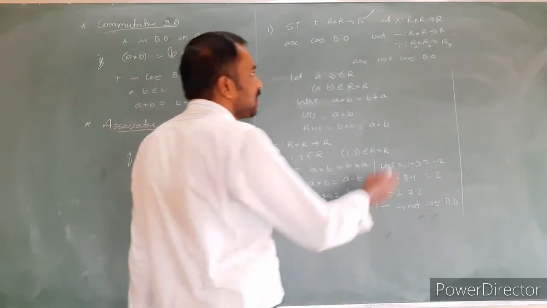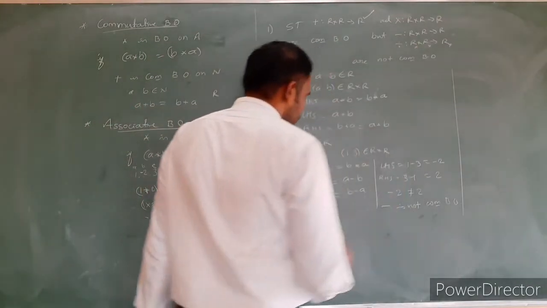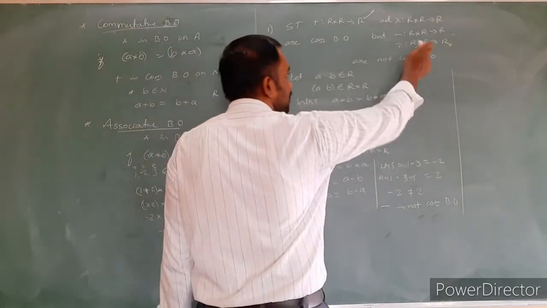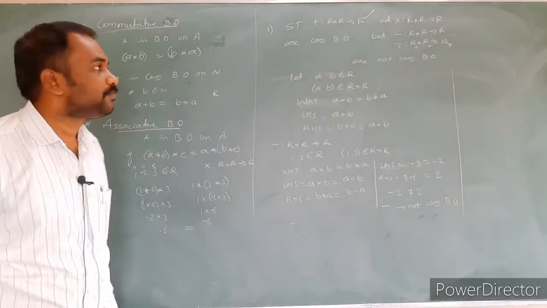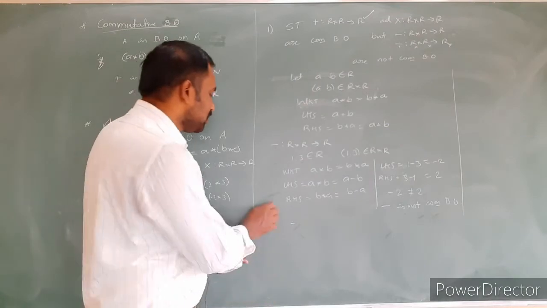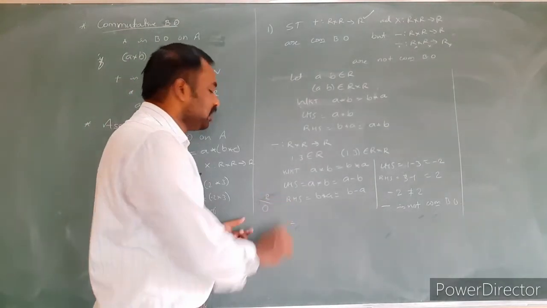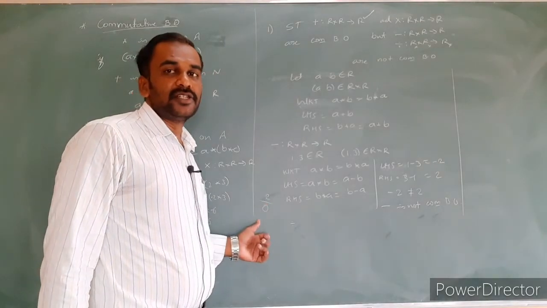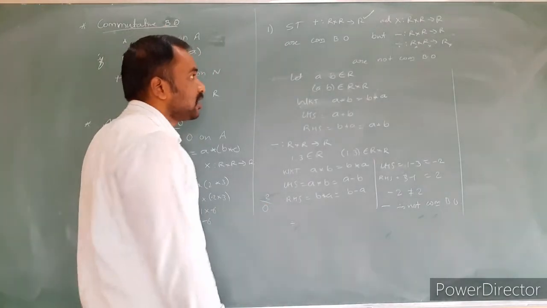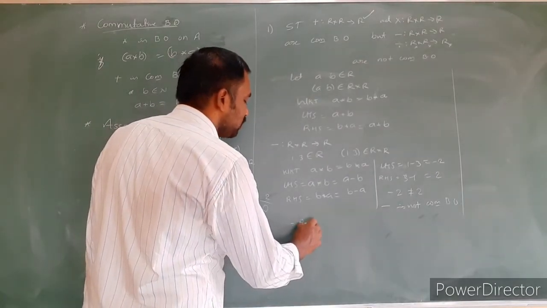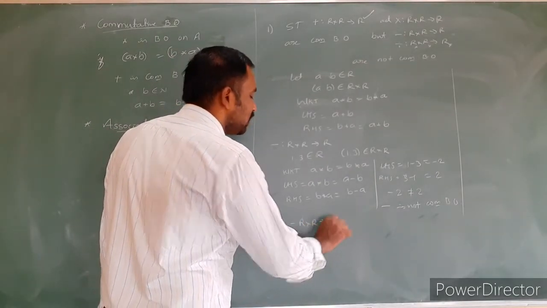Because if I take a real number, obviously you can define division on non-zero real numbers. Just make the correction: division is not defined on all real numbers. If you take the real number 0, the denominator is not defined. For example, 2 comma 0, 2 by 0 is not defined. That's why, except 0, all real numbers. Division is from R cross R into R.